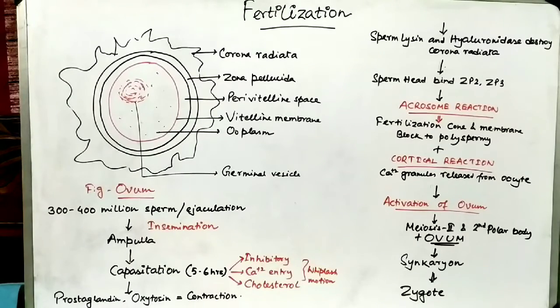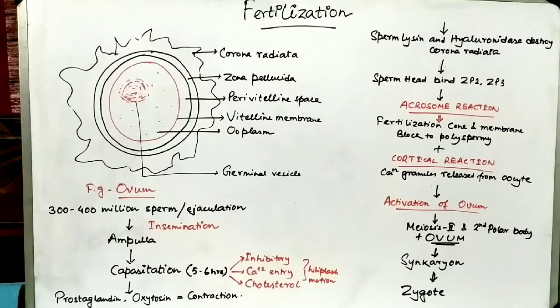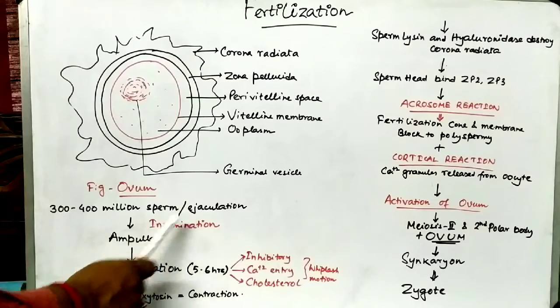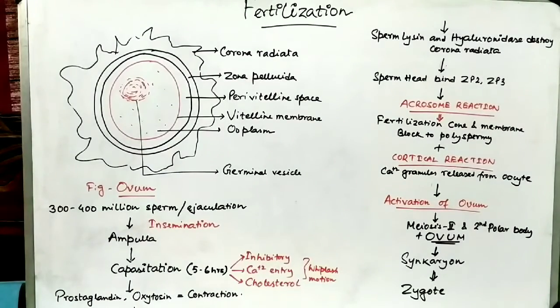So this is the structure of ovum. When the sperm approaches the ovum after ejaculation, the process is known as insemination: the process by which, during coitus, the sperm approaches inside the uterus and ultimately to the oviduct and fallopian tube, ultimately to the ampulla. The process by which it approaches this route is known as insemination. And 300 to 400 million sperm are ejaculated with semen,